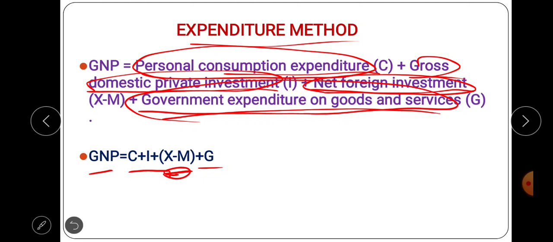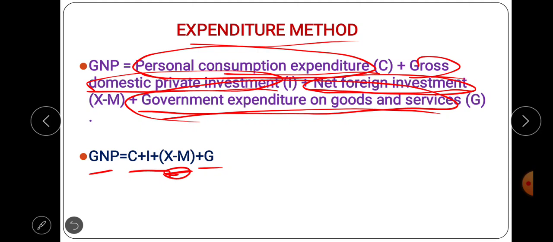Okay, so this is about all the different aspects on which the different expenditures are made by the individuals and the government. With the help of this formula, we can easily work out the national income. If all the items of the GNP are correctly calculated, then GNP worked out either by the income method or the expenditure method remains the same.